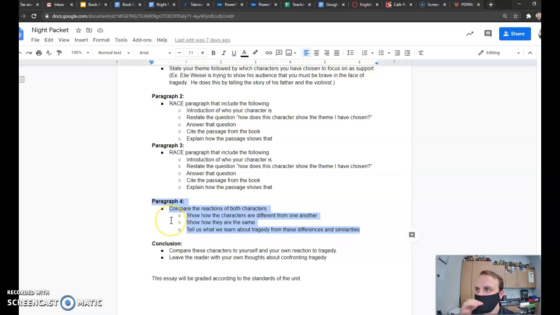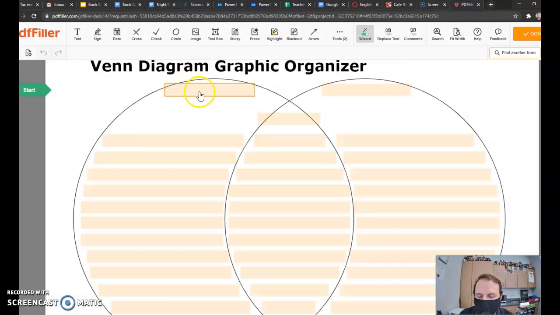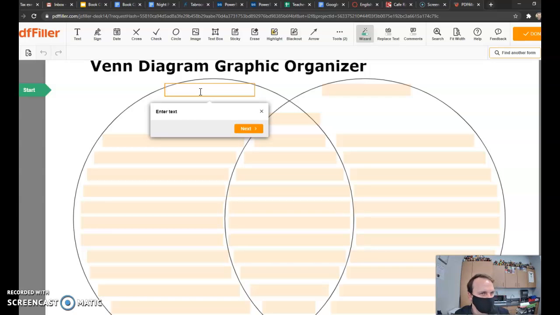So in order to do that, we've provided you with a handy-dandy Venn diagram, okay? A Venn diagram is how you compare similarities and differences in characters. And I'm going to show you how to fill that out, because there is a way to make Venn diagrams a lot more useful and a lot easier for you. Okay? So we're going to be comparing two different characters. Okay, let's do Ellie and his dad, which is the characters most of you decided to write about, okay? So on one end of it, I'm going to write Ellie,